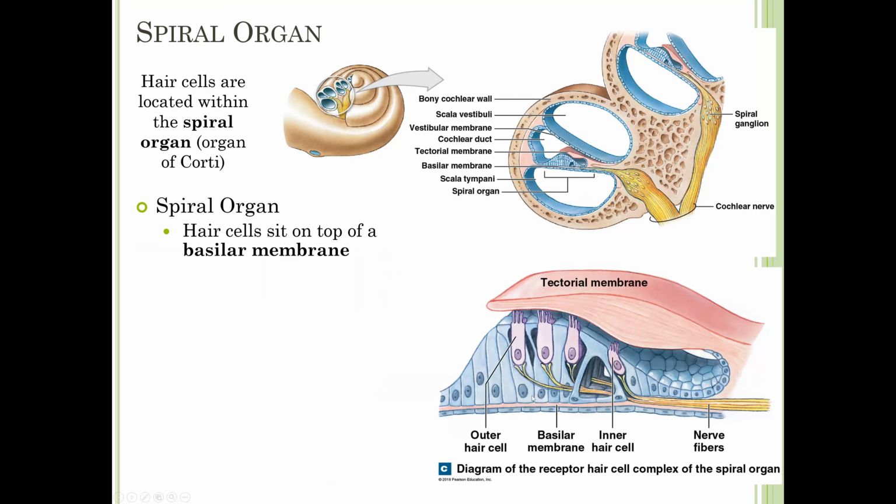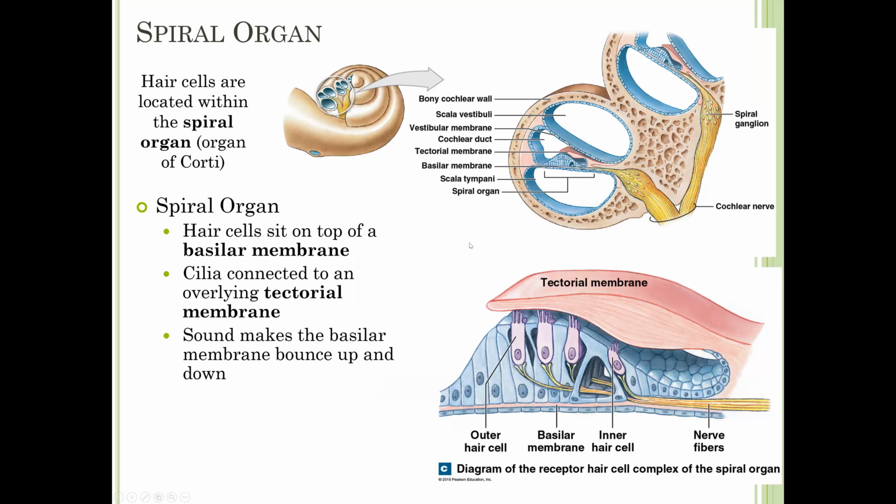Hair cells sit on this part called the basilar membrane. The basilar membrane is the membrane at the bottom, so think basal membrane. The hair cells are embedded into this membrane. And then the cilia of the hair cells are connected to another membrane called the tectorial membrane, which stretches out over top. So again, you can see it up here in this image. The hair cells are embedded in this blue part, and the tectorial membrane is this red part sticking out here.